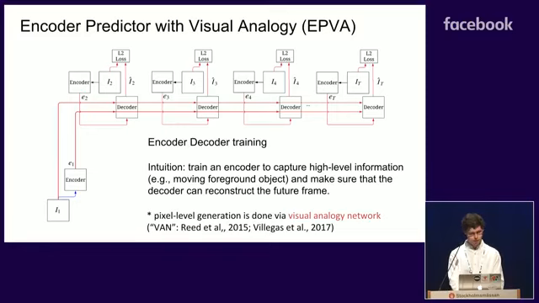By the way, the architecture of our decoder here is a visual analogy network, and as part of that, we take the encoding that's fed in here and then subtract the first encoding from it, so that way the network has a very clear signal of what has changed from the first encoding.